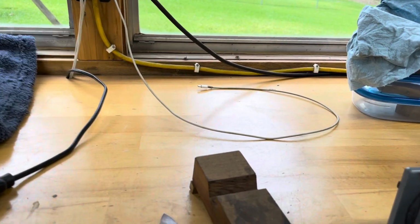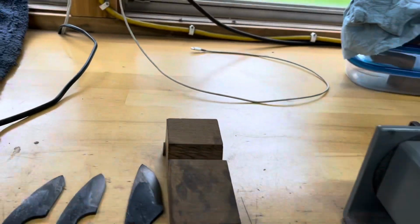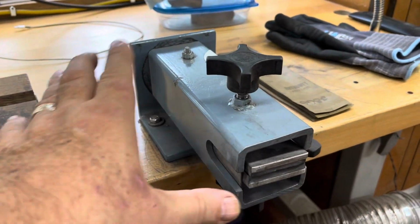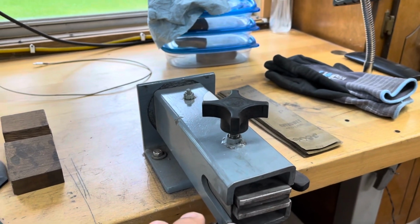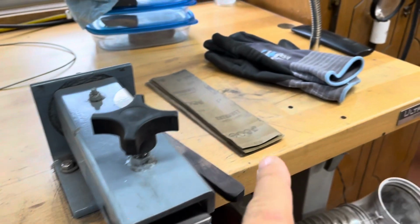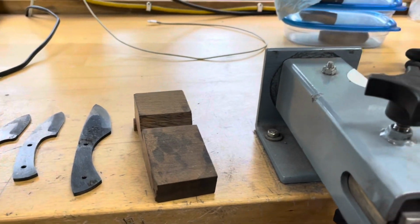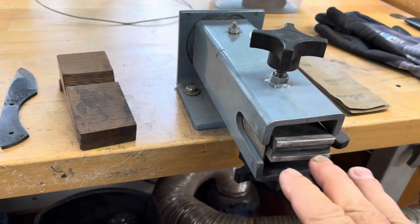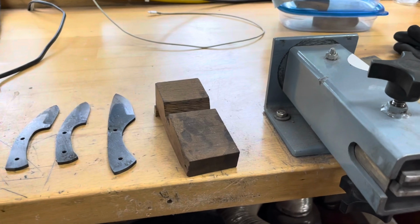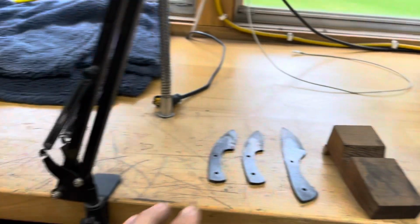I have my phone here, and same thing. I made a cradle. I set my phone right here, right next to this, where I do about 90% of my time in my shop is spent right here, sanding. And I set this right beside my vise, and I can watch all my videos. And this is not loud, so I can hear the videos on my phone just fine. And then when I'm ready to make sheaths,